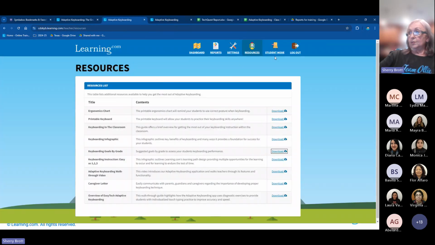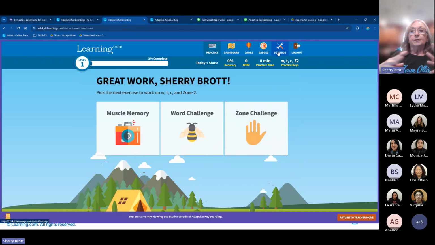And now I'm going to go into student mode. And this is really important because when you're in your library or you've assigned it to your students, anywhere you click on that link for adaptive keyboarding, you can go to the student mode and then you can start working on it. Now, I've already started it, so that's just a reminder to you that if you start this, it's going to keep track of your progress. So I would suggest that all of you that are assigning adaptive keyboarding at least go through it for a total of 20 or 30 minutes, so that you're familiar with the different kinds of practices that